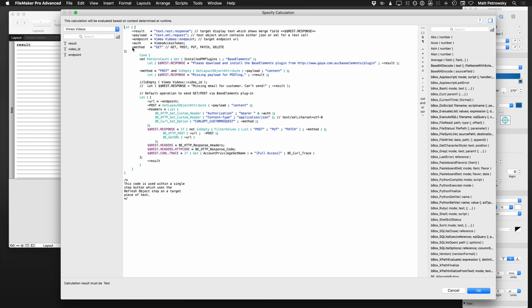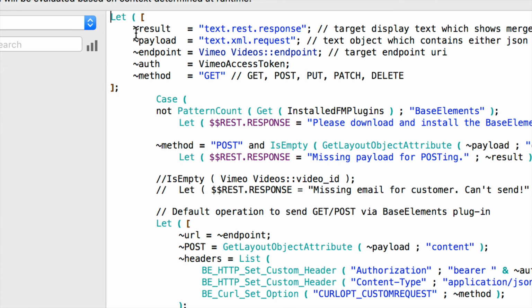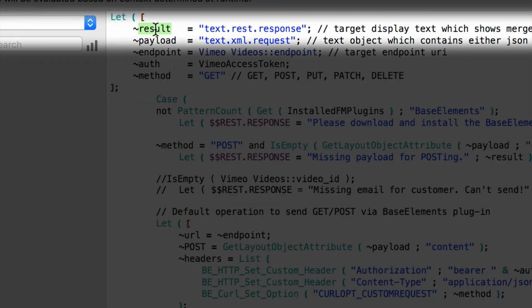So first off, if you haven't used them, let functions are extremely powerful, especially if you format them in a way that your code is pretty readable. So let's start up at the top. First off, I have my initial let statement that says I'm going to need to declare some things. And the first thing that I'm going to declare is the result. Where is the result actually going to go? Well, in this case, the result object is going to be that text object that is the result of my global variable, my global merge variable that we just took a look at. So I need the name of that object. Well, I named the object